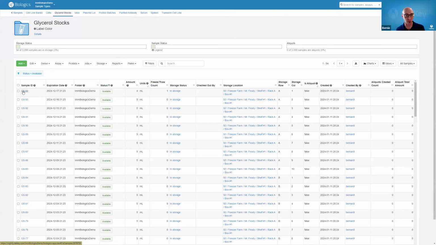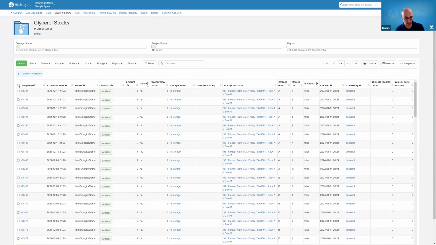very rich sample management faculties in our biologics LIMS. You can see that these samples have volumes, freeze-thaw counts, expiration dates, if that's something you want to track. You can see where these are in storage, the locations, who put them there. You can see information about aliquots generated. All of that information is available to you for tracking, and this is something that we can dive into more later. But